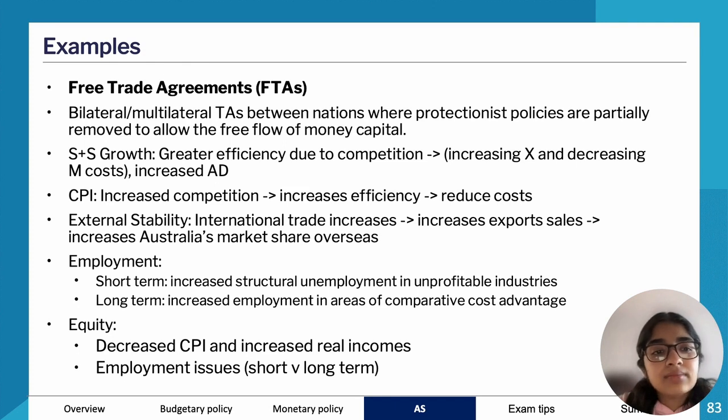Okay, inflation. So there's lots and lots of competition, which means that Australian industries ideally are super efficient and reduce their costs. So it can actually keep inflation sustainable. External stability. So we increase our international trade because we are internationally competitive now. So we've lowered our prices, we're being productive, and our goods start to appeal to international industries. So this increases our exports and increases our market share. Also, increased exports increase aggregate demand.